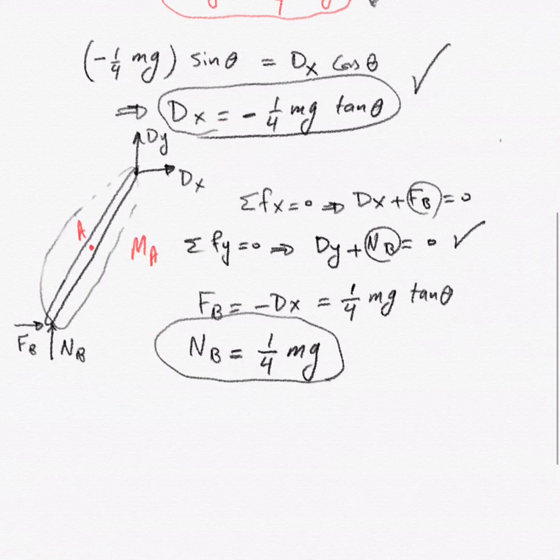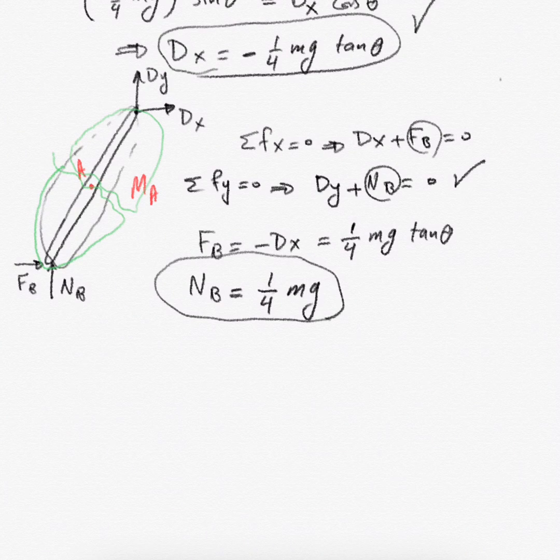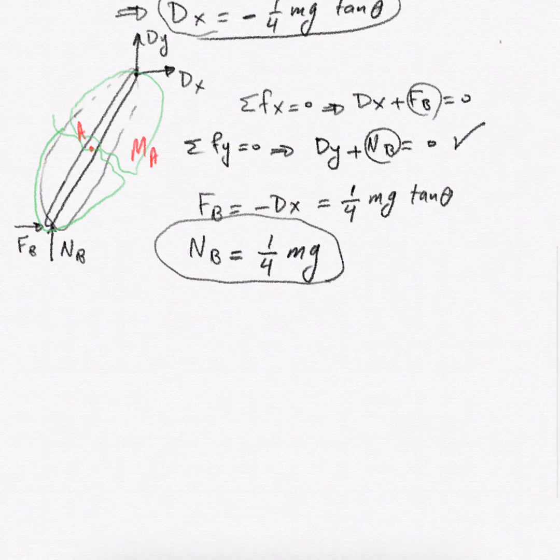You see? So basically, if I do my final internal cut and take the left part of the system, I could also take the right part of the system, and I didn't really have to solve for FB and MB in that case. But they should all end up at the same conclusion as long as the problem is well defined. Sometimes we face what they call an inconsistency, or a not well defined problem. But if the problem is well defined, it doesn't matter what part you take, you should end up with all the same answers. So I take the one on the left, and if I do that, I'm going to draw the